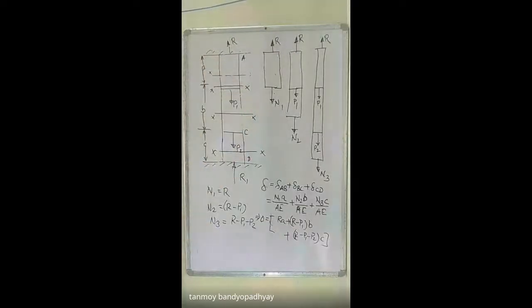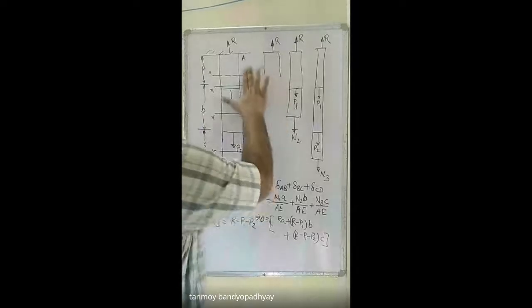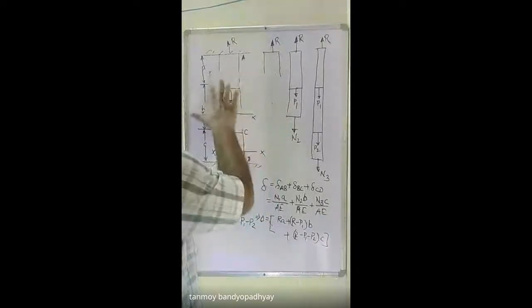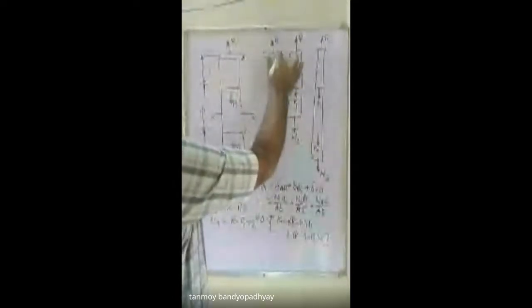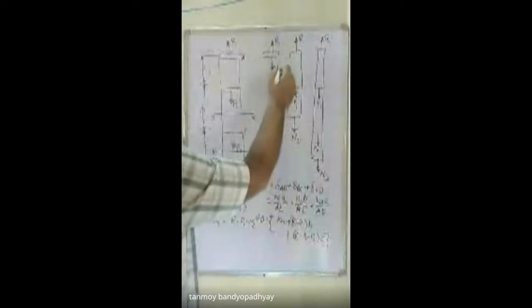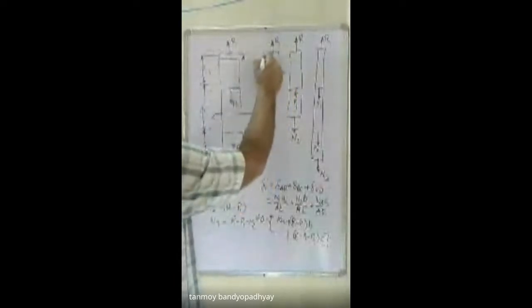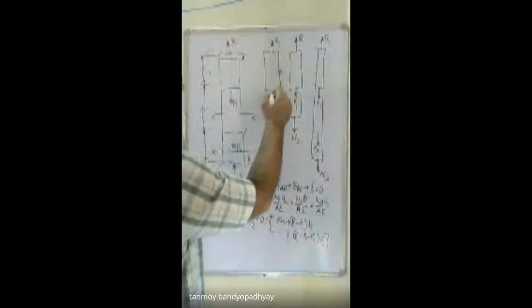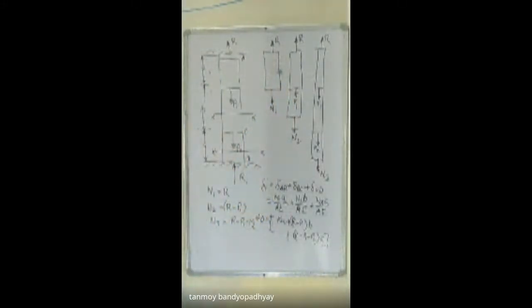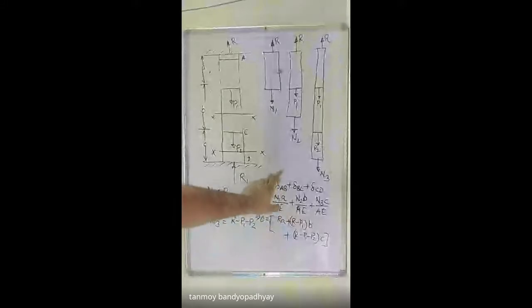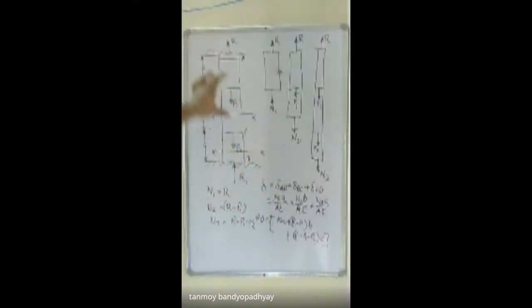You draw the section somewhere here, somewhere different. You draw the section here also, it will again be N1. Because there is no change in the loading. You take a section here, you just draw this part. In that case also N1 will be equal to R. You don't draw it here, you draw it here. In that case also it will be N1 just before the point B. It will be N1 is equal to R only. So actually when you are considering N1, it is the entire force acting on the portion AB. So that is why when you write this expression, you are getting the entire deflection of the rod AB, not the deflection of the part AX. Yes. Clear?